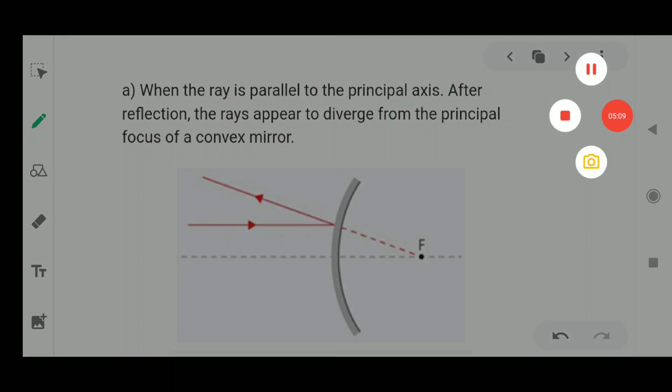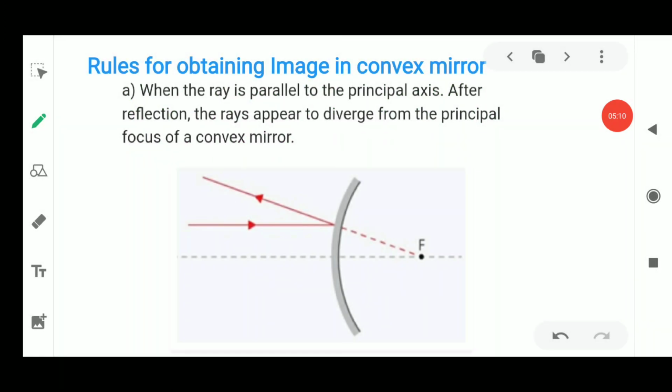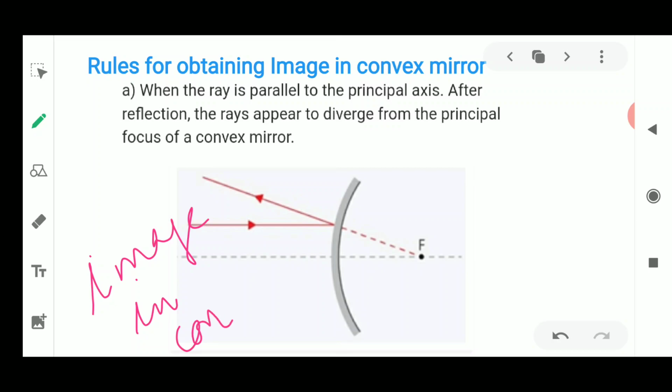Okay, so as we discussed the rules while forming the image by the concave mirror, the same thing is going to be discussed here, because of which we are going to obtain the image in the convex mirror. Now the first rule is also the same, but certain things are going to be different, because in the case of a convex mirror, the reflecting surface